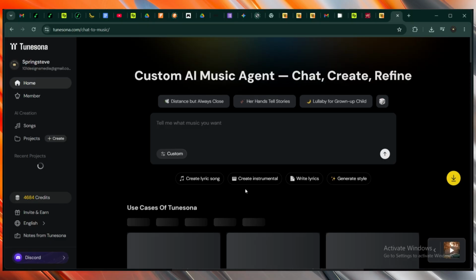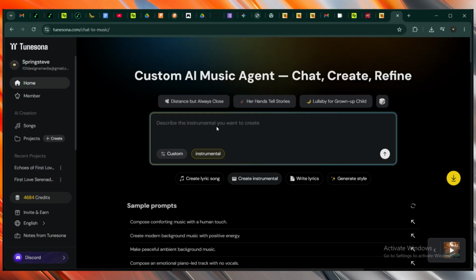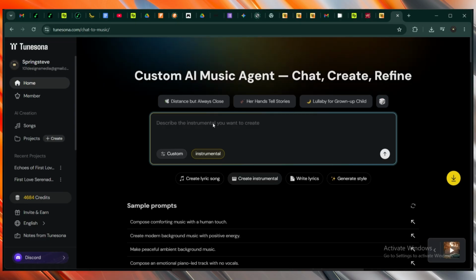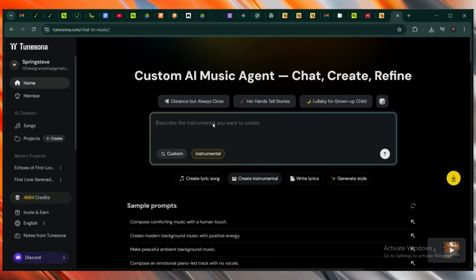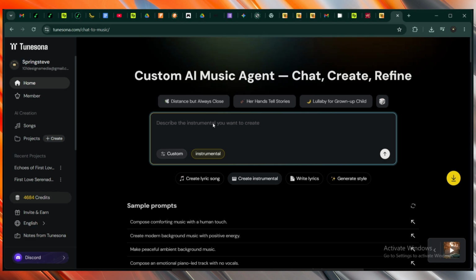So next up, I'm going to create an instrumental. Let's say you're editing a video or you run a podcast or anything like that. You want to create an instrumental just for your work. So just click on create instrumental, same thing. You don't have the direct prompt to create your instrumental. Come here and describe the kind of instrumental that you want to create. So let's say I run a podcast, for example, and I want to create an instrumental for background music for my podcast or a soundtrack for my montage.